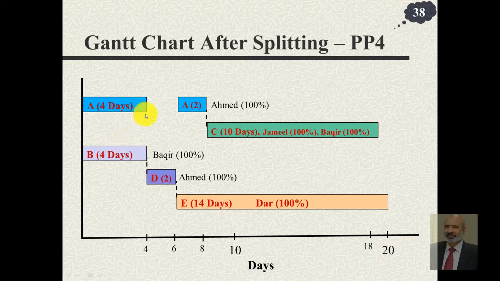but we achieve the objective of reducing our cost because now Ahmed is not overworked and we don't have to pay him extra. So sometimes you split the activities. This is one reason or one purpose of splitting. Sometimes you have to stop the work because some machinery or some required resource is not available. Some raw material is not available. In that case also you split and shift it and also see whether it affects the project completion or not.